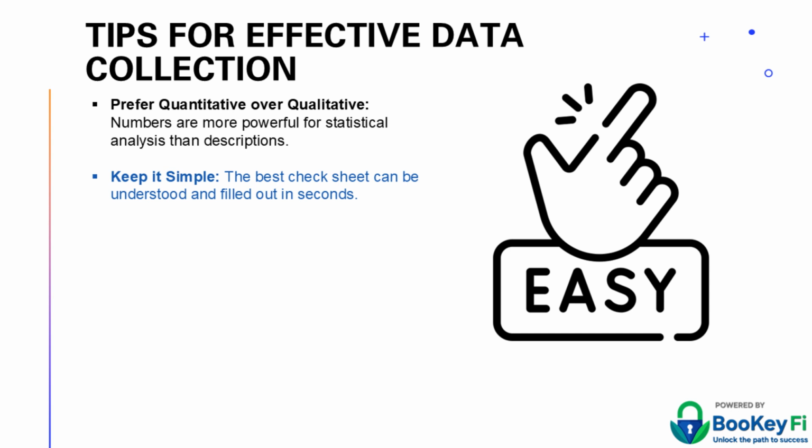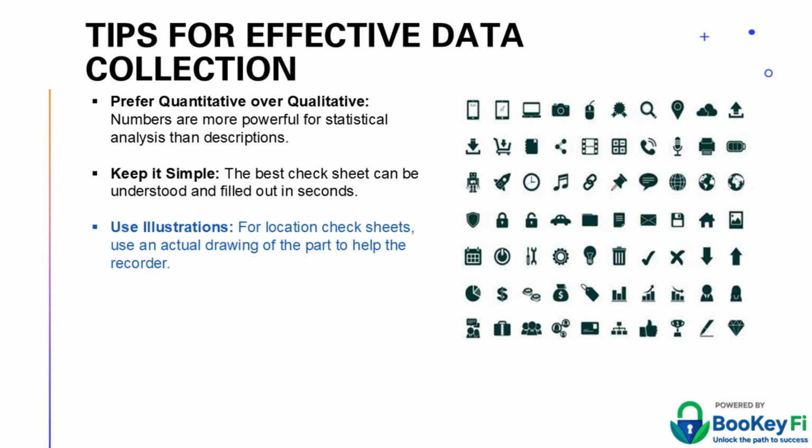If a form is too complex, data entry becomes a chore, which often leads to inaccurate recording or missed entries during busy shifts. Use illustrations. For location check sheets, use an actual drawing of the part to help the recorder. Visual maps allow the operator to mark the exact spot of a defect, instantly revealing hot spots that numbers alone